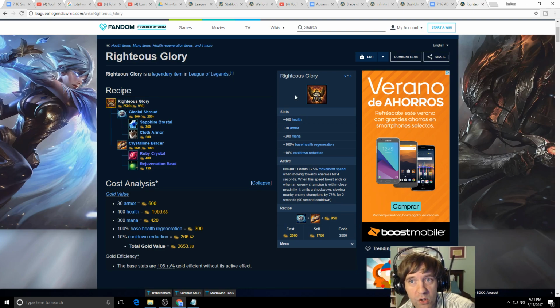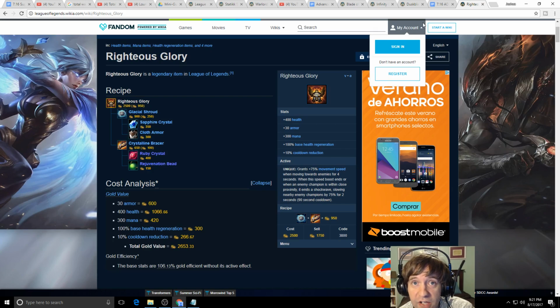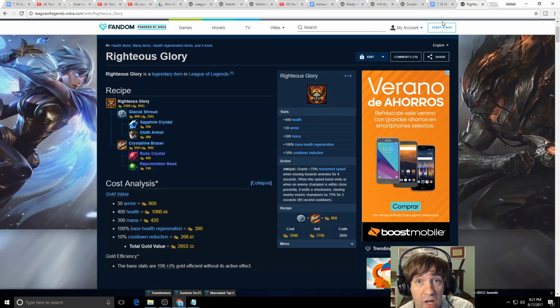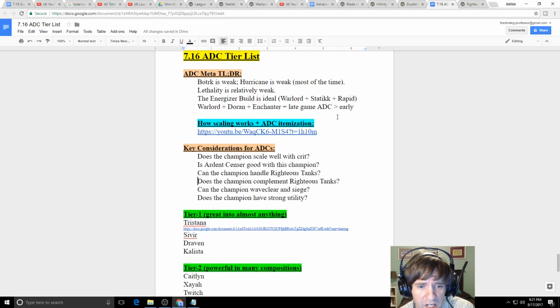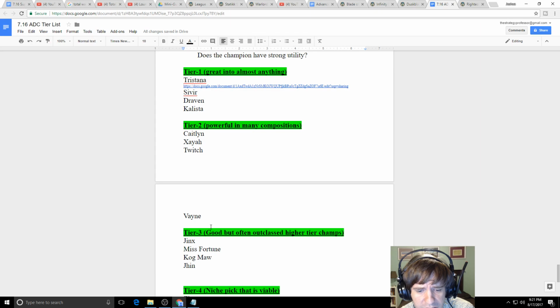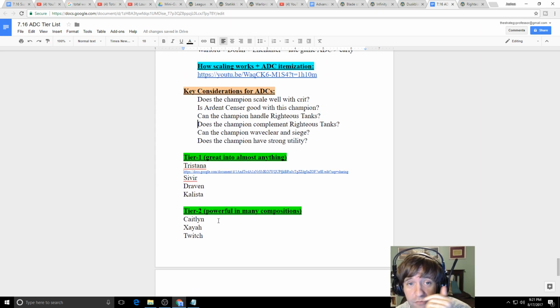So that's an important question that you need to ask. Does the AD carry have an answer to that? Can they get out of that somehow? Like, Tristana can either jump away or knock people back with her R, so she has 2 answers. Kalista can kite them with her auto attack. Sivir can pop her ult and spell shield to run away from them. So a lot of the top AD carries do have answers for that. Caitlyn can try to use her trap. Xayah can use her ult. So there are a few champions that have better answers than others, but this is the defining question in this